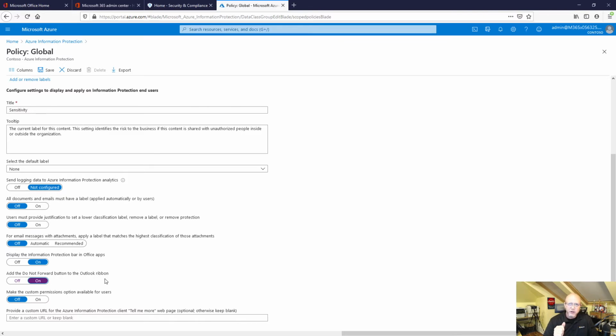What it's going to do is add to your Outlook ribbon a sensitivity label type, okay? Do Not Forward, meaning that if I send a message to you, and I go to my Outlook ribbon and use the sensitivity label Do Not Forward,